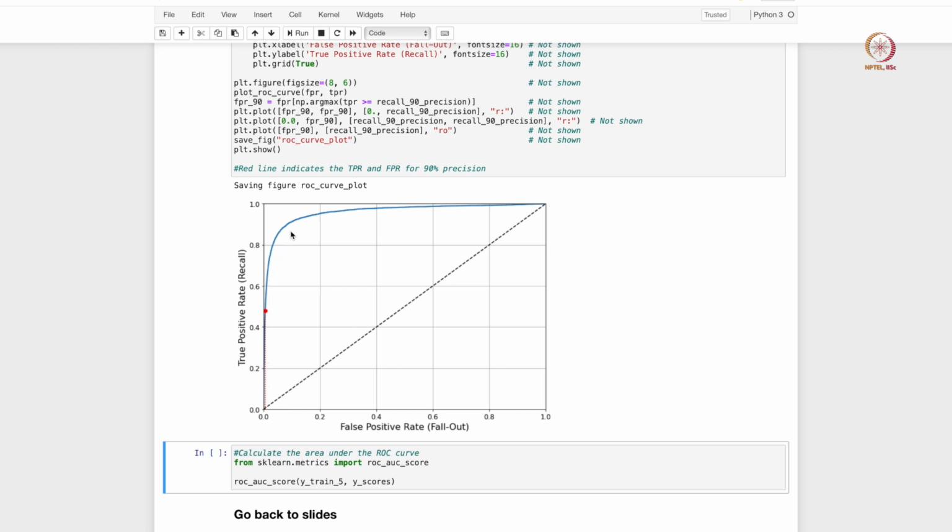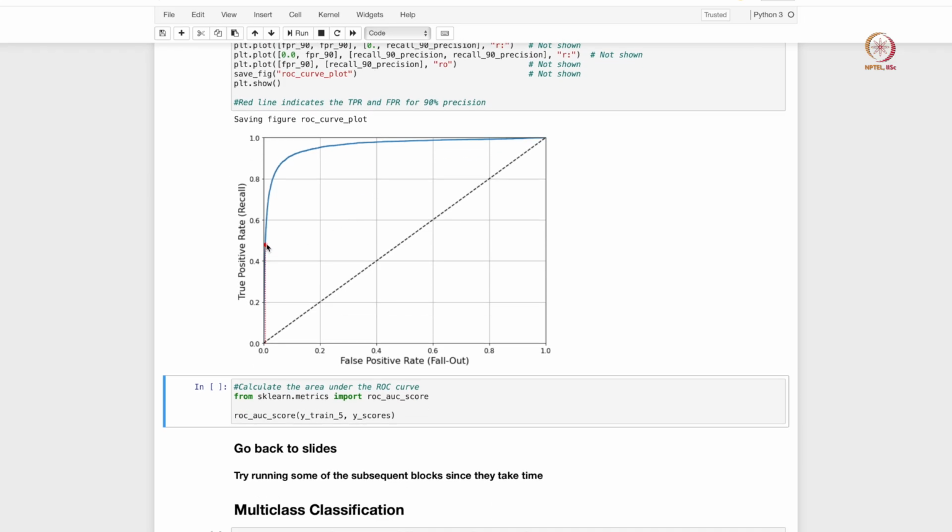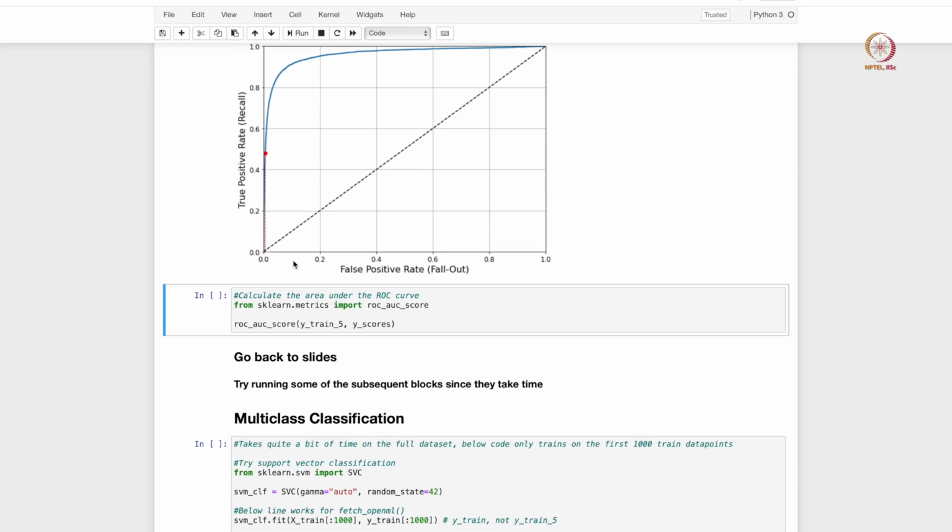It is hugging the y axis as much as possible when you have low values of 1 minus specificity, and it approaches y equals 1 as you start approaching high values of recall. This red dot indicates the value of recall when we set our precision to be 90%. It was about 0.479, so that is the value listed here.